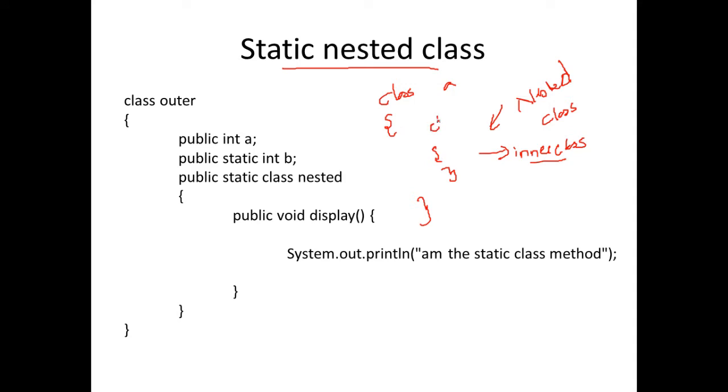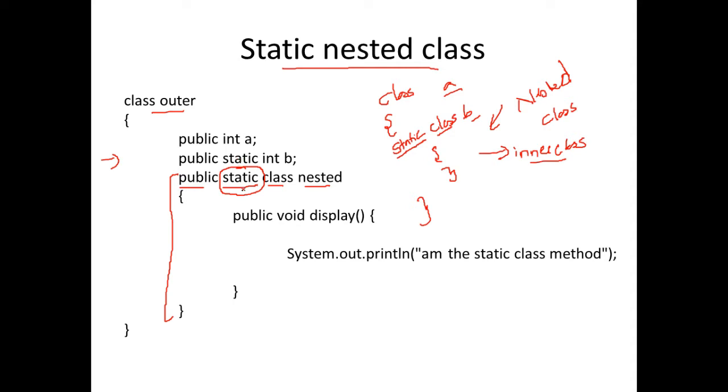So you're going to have another class B. The only thing is this class is declared as static. So this is static class B and it is also nested in class A. So you call this a nested static class. That is the example given here. You have an outer class, you have a nested class, and if you look at the type, it's public static class nested. So how is it different from an inner class? This is the only difference. You're going to make it a static data member.